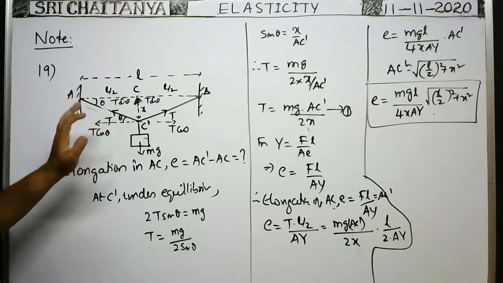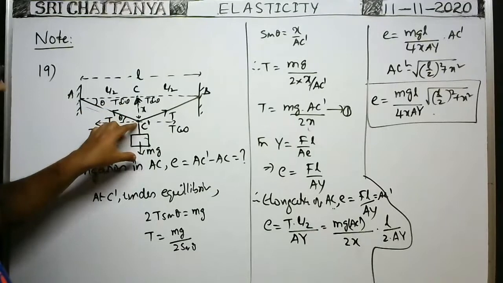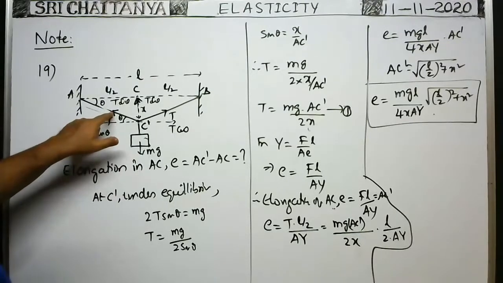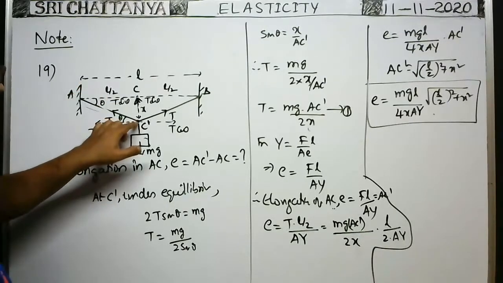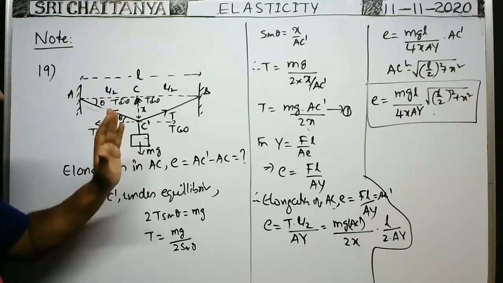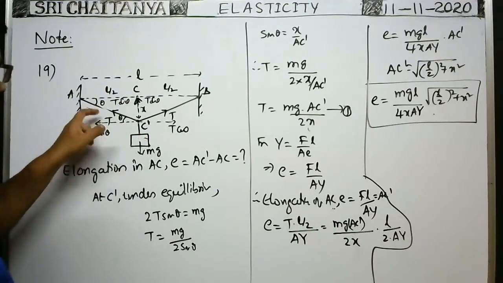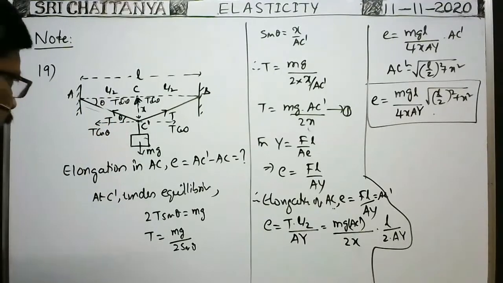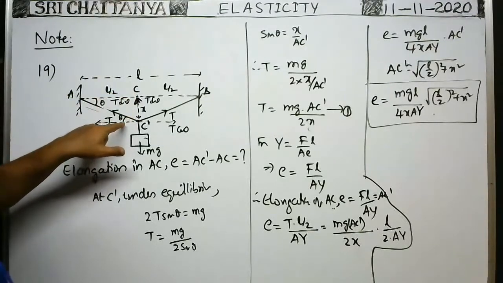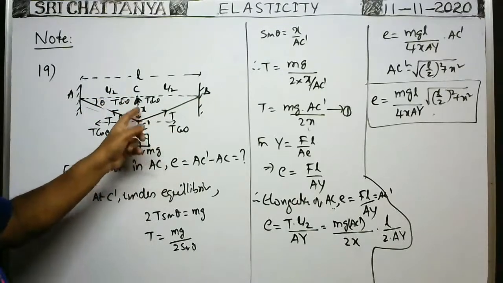Now, in order to find AC dash, at the instant when the midpoint is under equilibrium because of the suspended load, the tension developed in the string is, say, T. As the string is symmetric about the midpoint, the tension on both sides is the same. Resolve this tension into components along horizontal and vertical: T cos theta and T sin theta. Theta is not given, we imagine it, but the vertical displacement is given.